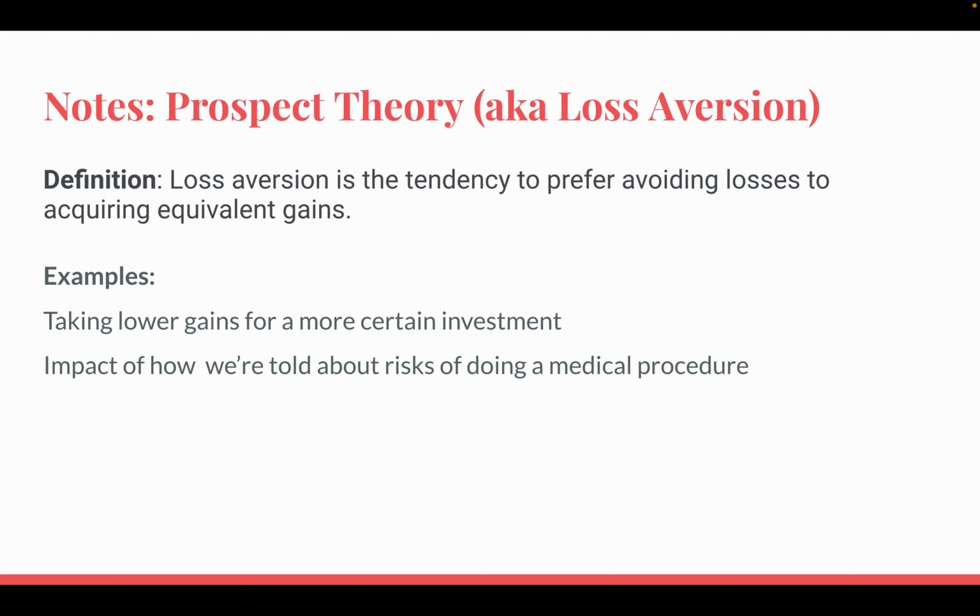Same thing in the follow-up video, you'll see an example about a medical procedure. We kind of talked about it before with denominator neglect, and people don't really do the math. But say you're told you're going to get a medical treatment and there's a 5% risk of death with the treatment versus a 95% chance of survival. Those are equivalent. But if you hear 95% chance of survival, that sounds great versus the fear of that 5% chance of loss.